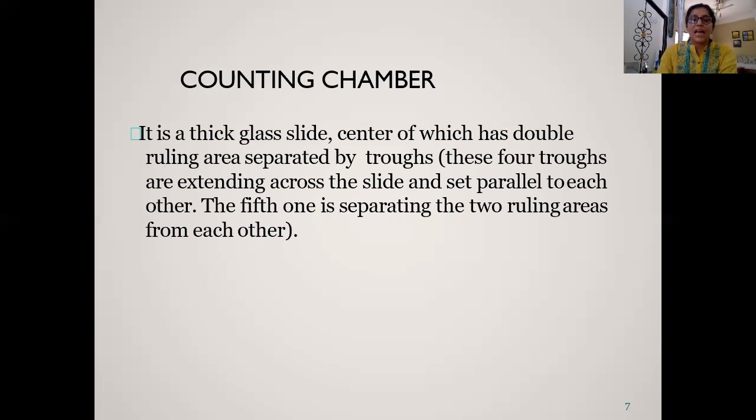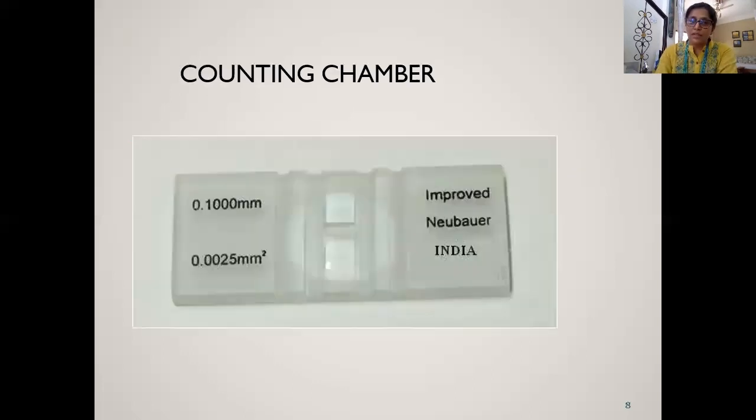The counting chamber. Now, what is a counting chamber exactly? It's a thick glass slide, and in the center of this glass slide are two metallic troughs, two metallic structures which contain the graduated grids. These two graduated grids, I'll show you in the diagrams that follow, are well separated by gutters, or areas which are dug in such a way that the extra fluid may go down. Okay, so let me come to the diagram, it becomes clear.